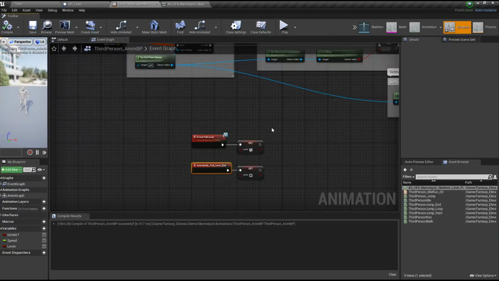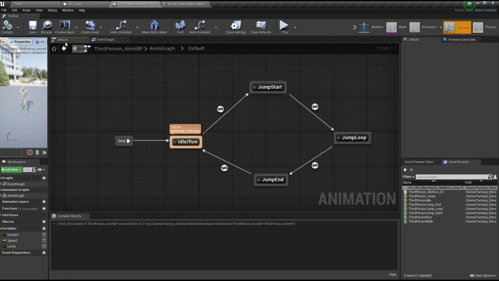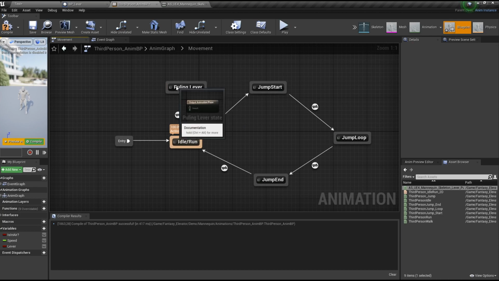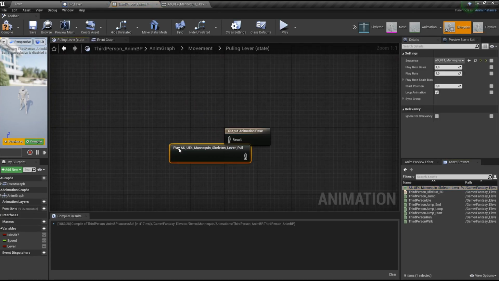With this, the event graph is finished and we can go to the animation graph. Here you go into your movement state machine and add a new state, which you can call, for example, pulling levers. Next, you connect the new state with your idle state in both directions. By double-clicking on the new state, you can drag and drop the pulling animation in and hook it up to